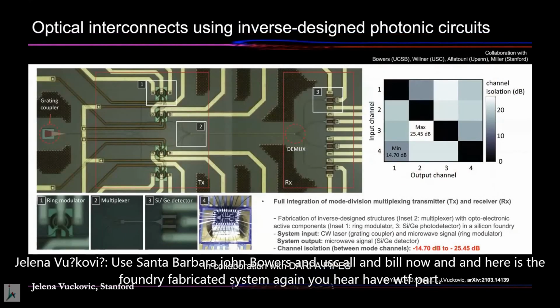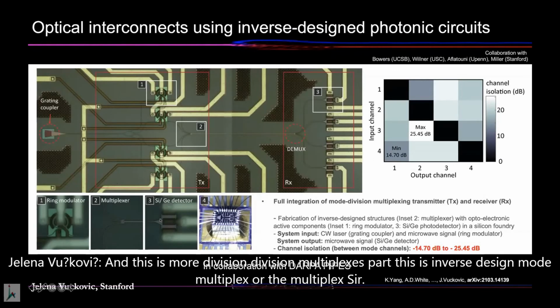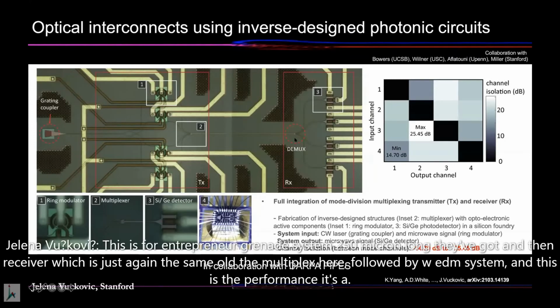Here is the foundry fabricated system. Again, you here have the WDM part. This is the mode division multiplexing part. This is the inverse design mode multiplexer, demultiplexer. This is for the on-chip interconnect system, a 250 micron long waveguide, and then the receiver, which is just, again, the same mode demultiplexer followed by the WDM system. And this is the performance,